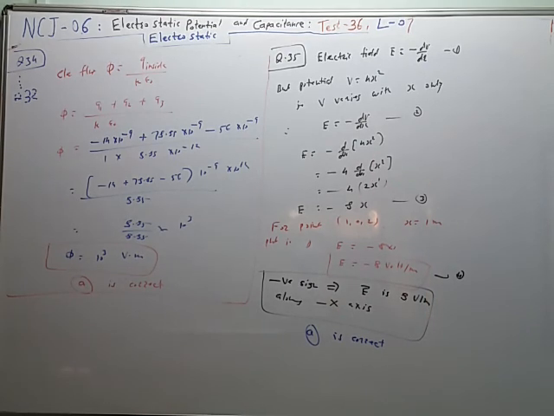So the whole potential at a given point may be a function of x only, or may be a function of x, y, z. So when we consider dV by dr, this r is related with x, y, z coordinates. But when it is varying with x only, then we have to take only the derivative of potential with respect to x. This is the derivative of potential, called the potential gradient along the x-axis, like this.